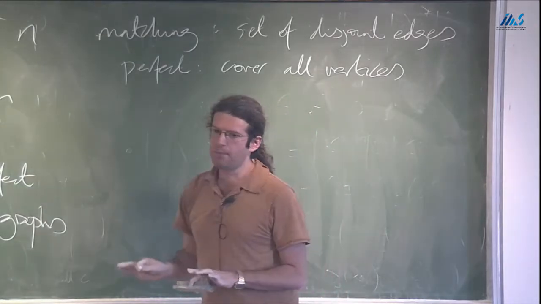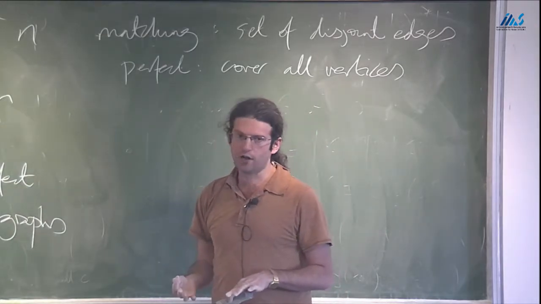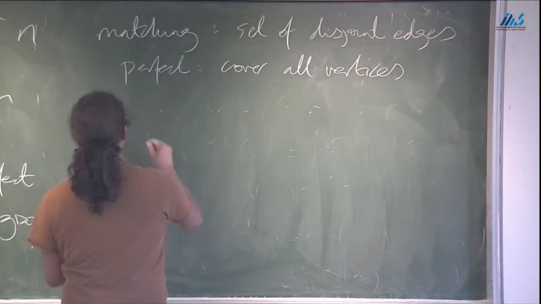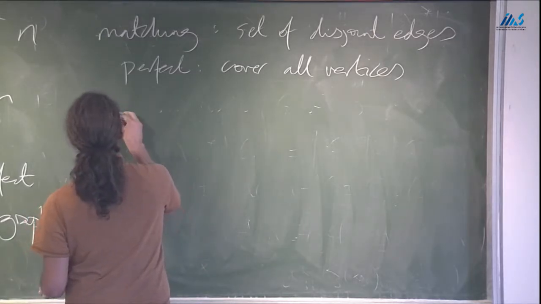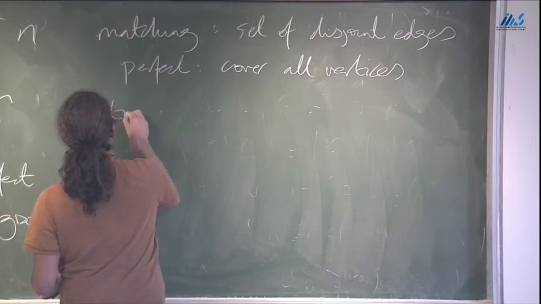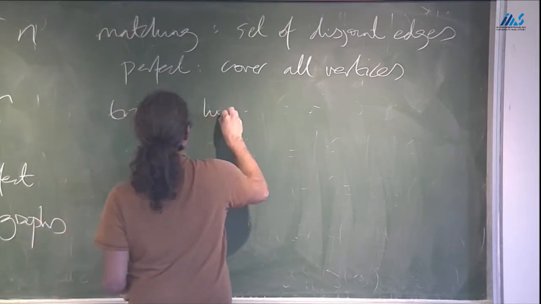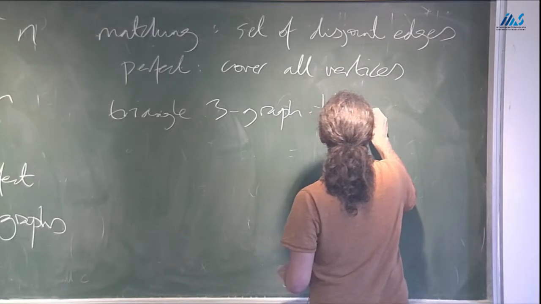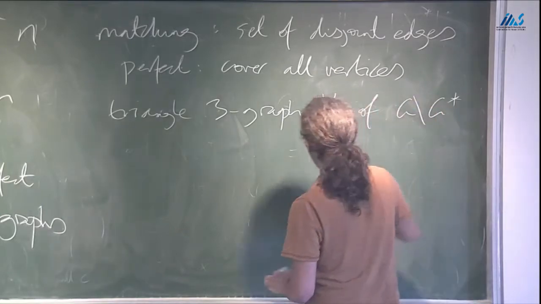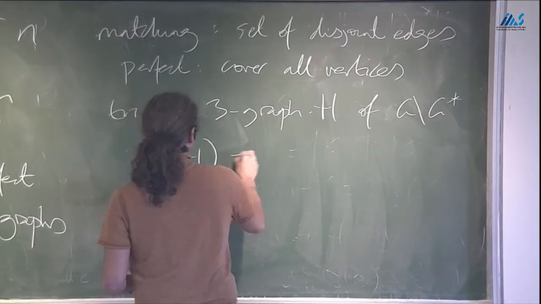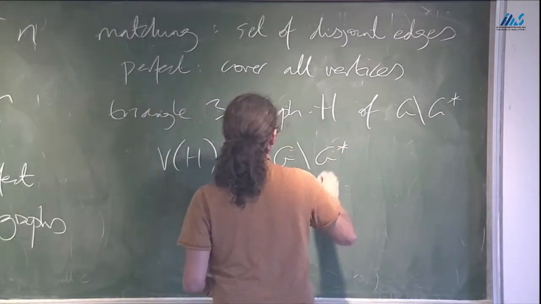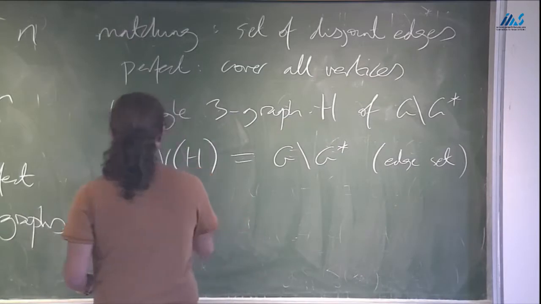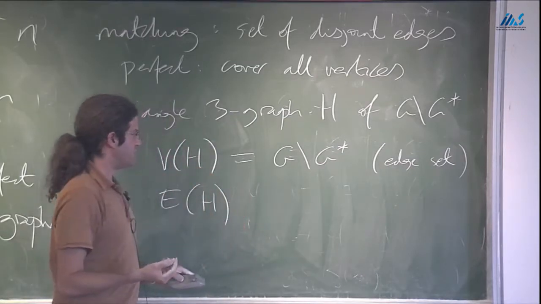And the particular hypergraph that we're interested in here is the triangle hypergraph of some graph, in this case G delete G star. So the triangle hypergraph, or I could say 3-graph, because its edges have size 3, H of G delete G star. The vertices of H are the edges of G delete G star, and the edge set of H are the edge sets of triangles, so it's the set of all